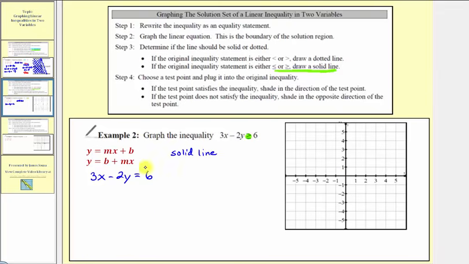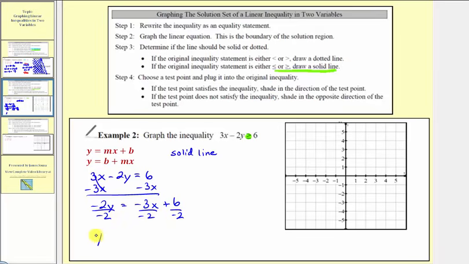To graph our line, let's write this in slope-intercept form by solving this equation for y. So we'll subtract 3x on both sides. Simplify. We have negative 2y equals, we can write this as 6 minus 3x or negative 3x plus 6. Let's write this as negative 3x plus 6. Dividing both sides by negative 2,